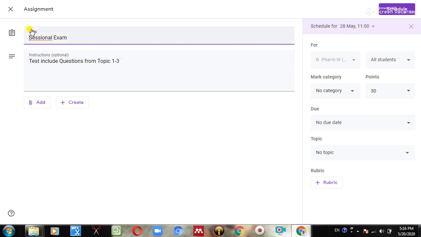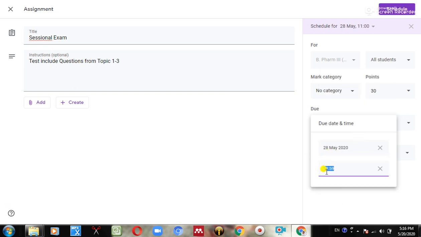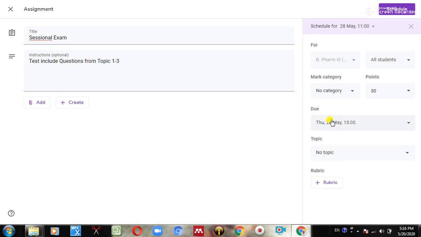No topic, you can create a topic, or you can select a topic from your topic list. There is Google form test, let's prepare for exam, practical, physical. You can create a topic as per exam section direction. So you are creating a sessional exam as per exam section direction. So you can create a topic.